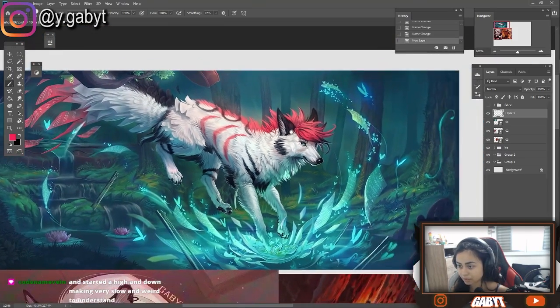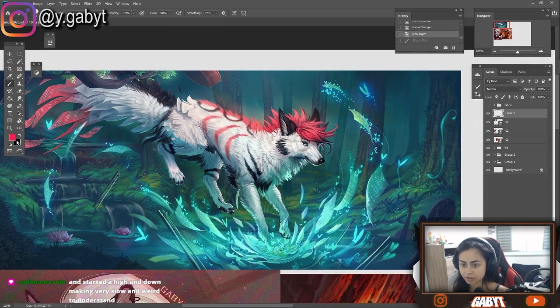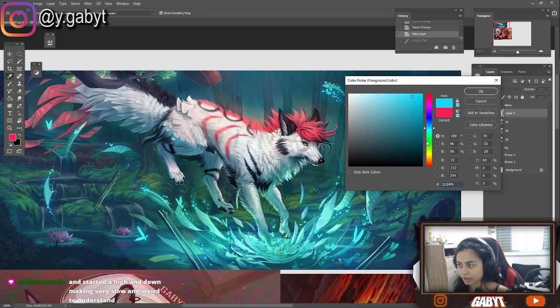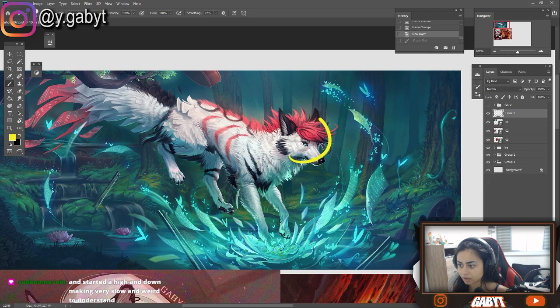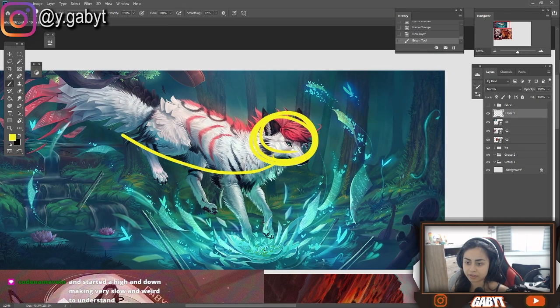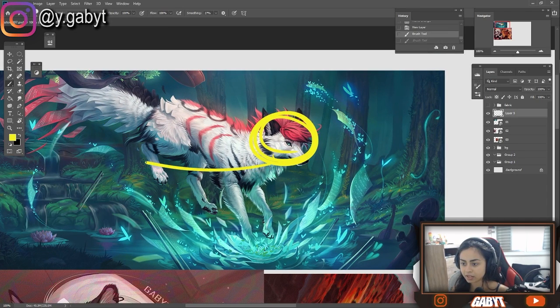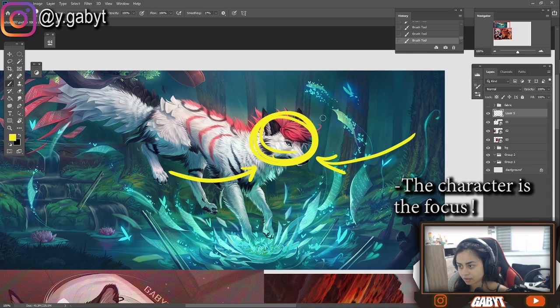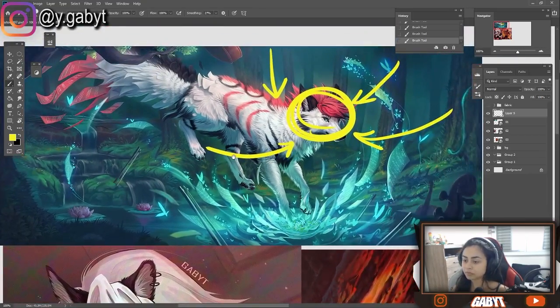First thing, the middle of the character is right here. And pick another color. Pretty quick. Here. The middle of the character is right here. I want to make everything in some way bring the attention to this place. Noticing that or not, I'm going to do that. And what I want to show you,